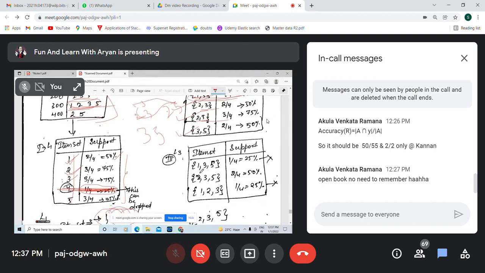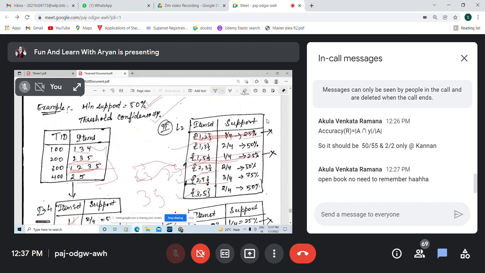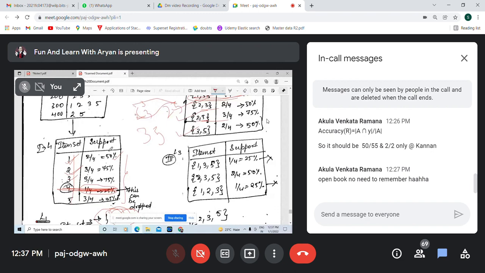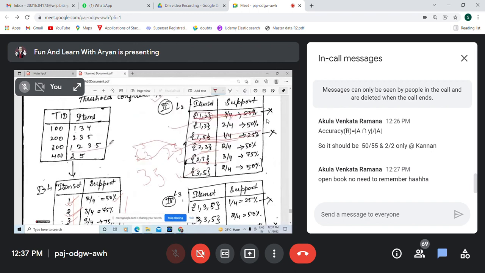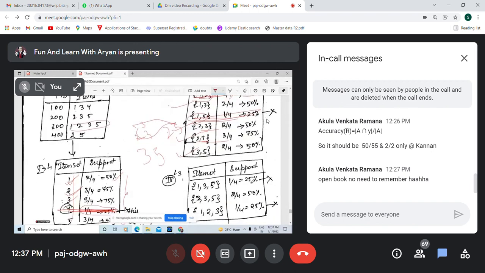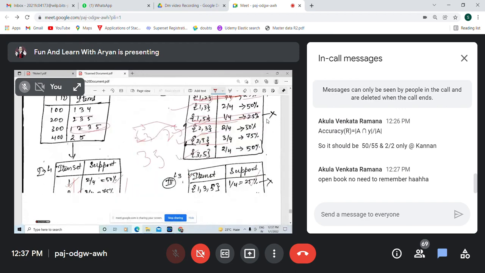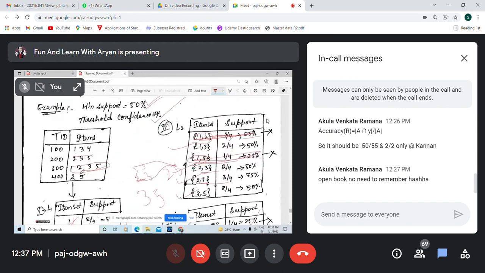Okay. Again you calculate, again you check for 1, 3 and 5. Where is it coming? Only here. So 1 by 4. 2, 3 and 5, here. That means 2 by 4. 1, 2 and 3, only here. So now again